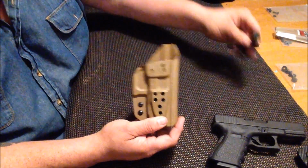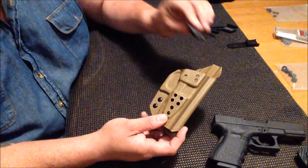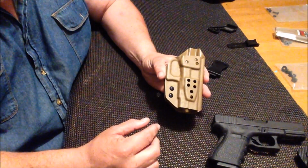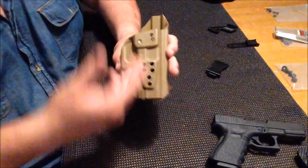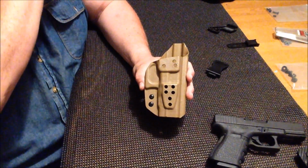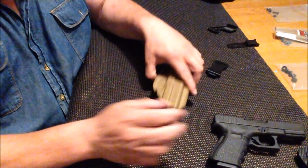For right now, I'm just going to put the quick clip on here. Not on video, but I'll do it off camera. And I'm going to carry my Glock 19 in it for a few days, and I'm going to get back to you and tell you what I think about it, because I just don't think you should open up a package and say, ooh, look what I've got, and I think it's great. I think you need to try the product out for a few days anyway, or a week or so. But for right now,